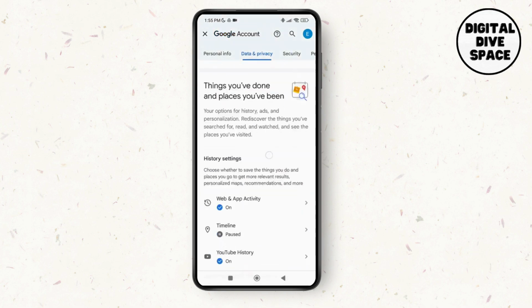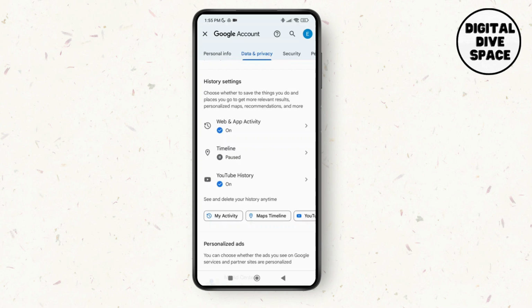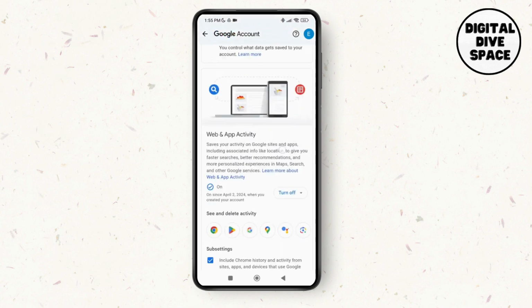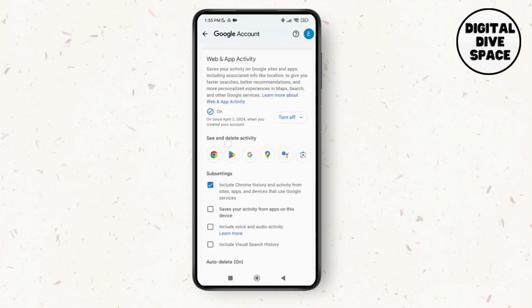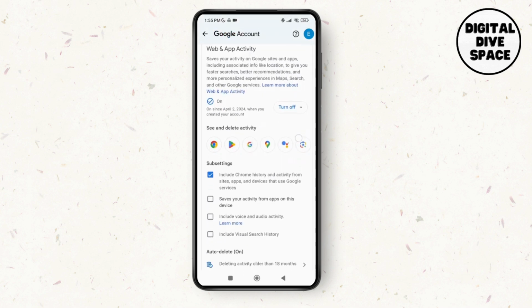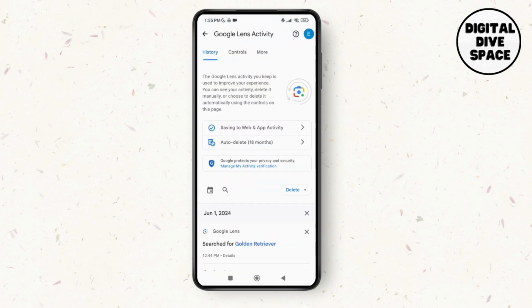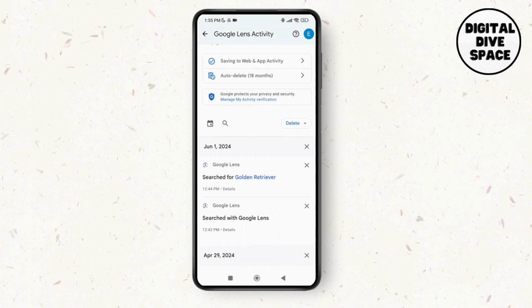Now just scroll down and here in the history settings you can see the option of web and app activity. So tap on it. Now as you tap on it, simply scroll down and here under see and delete activity you can see the option and the icon of Google Lens. So tap on the Google Lens option and as you tap on it you can see different history related to